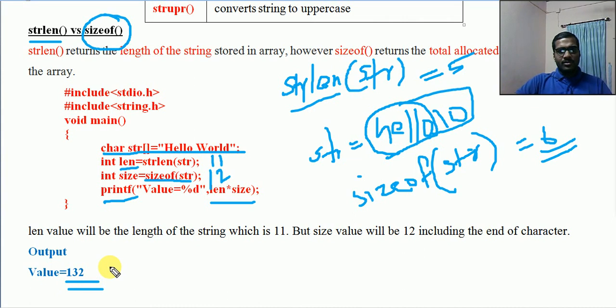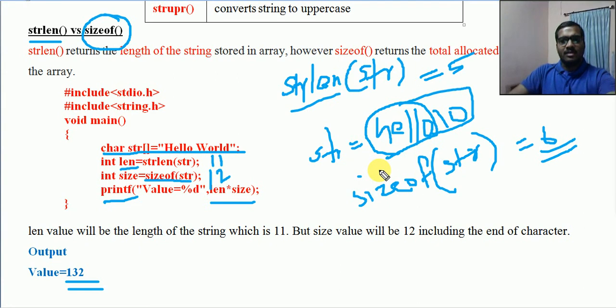So one important point is the difference between strlen and sizeof. strlen returns the exact length of the string, while sizeof returns the total memory required for storing that string, which includes the length of the string plus the special character \0.